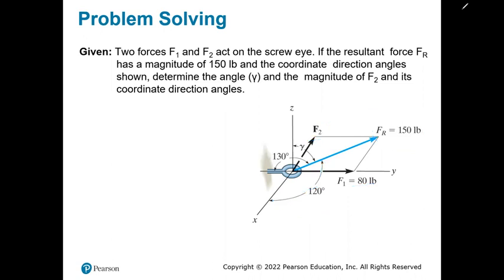So they are asked to find out our gamma and then our F2 and also the coordinate direction angle. So first they ask gamma. So how are we going to find gamma? It's simple because we can use our rule. So we know that